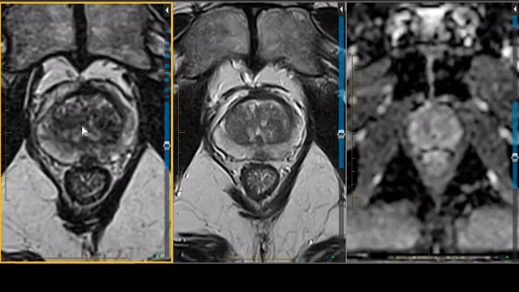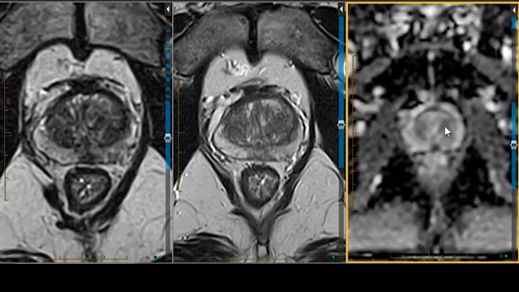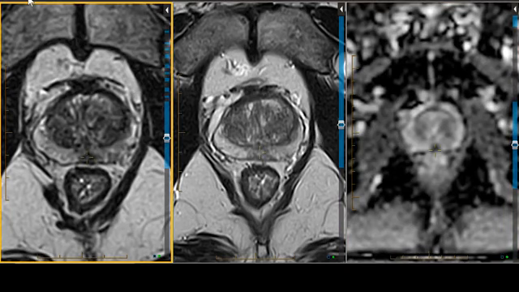Let's go to the larger area of mass effect here. Some diffusion restriction, but ill-defined. And then finally, the key lesion back here, clearly well-defined. So at the very least, we've got a RADS 4 in the PZ, in the middle, PZM,